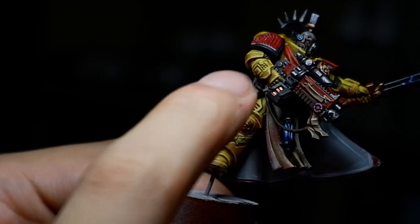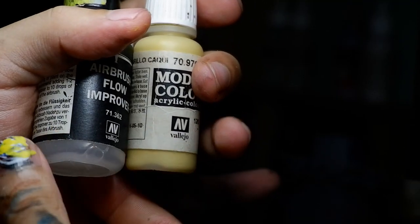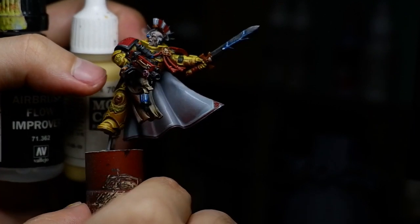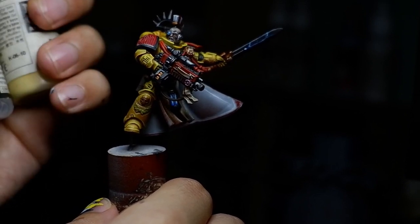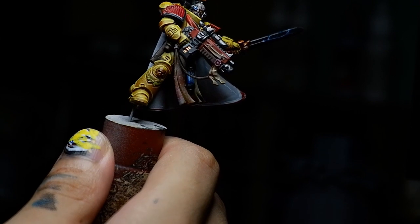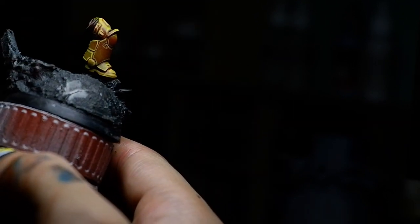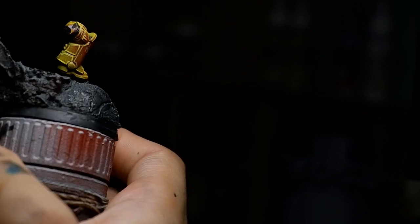But for now, let's layer these fabrics and purity seals. And for that, we'll be using buff, which is also the same color that we will use to be highlighting the second layer of edge highlights for the armor. So I think I'll do that together. And when we're highlighting parts of the armor, we're only highlighting the upper edges. And if you've noticed, the first highlights that we've been doing with the armor is also serving as an outline